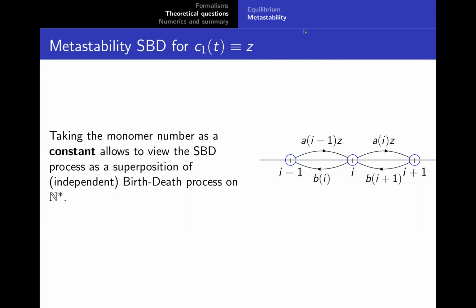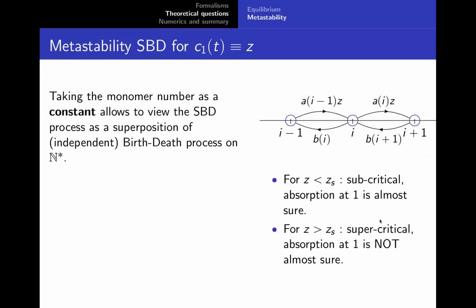So while doing this, I break everything. I break the mass conservation. There is no more mass conservation, actually, when I'm doing this. So I'm assuming I'm in excess of monomer in my system, and each of the clusters that appears behaves independently of each other, doing, as I said in the introduction, some birth and death, plus and minus one in the size state space. And it turns out that for the choice of A and B that produce this phase transition mechanisms, they match exactly with what is known with one-dimensional birth and death processes,